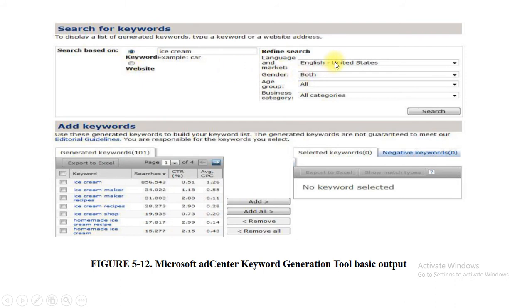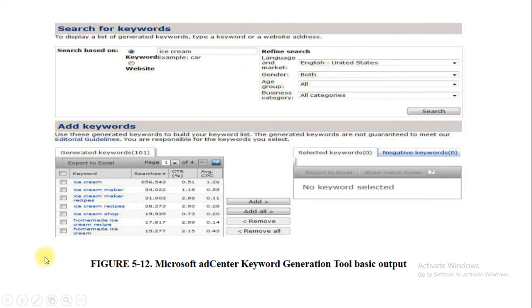You can choose any language from the list. You can select the gender option, for example if I want to see how many female searches are performed for ice cream, or I want to specify the age group, or I want to specify the business category. So these are all the advanced search options which I can use.